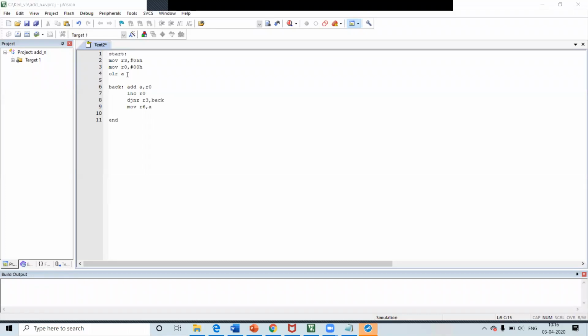The R0 contains the value 0. It means that the address from which the addition starts is 0. So the location 0 has first number, then 1 has the second number, and so on. So it will be stored in that.